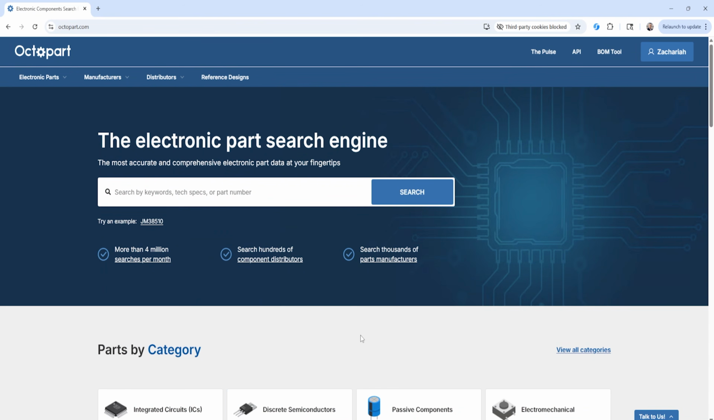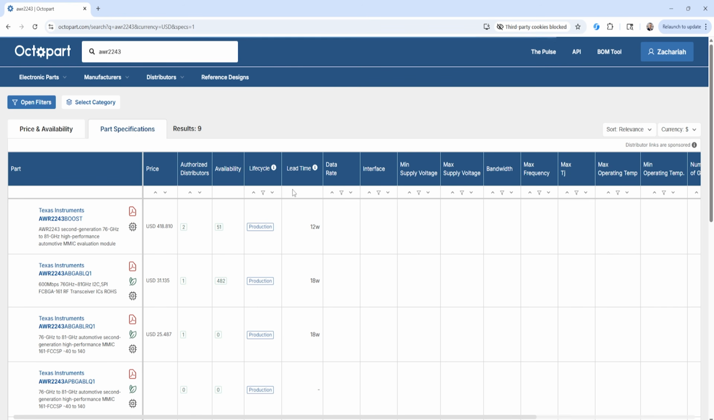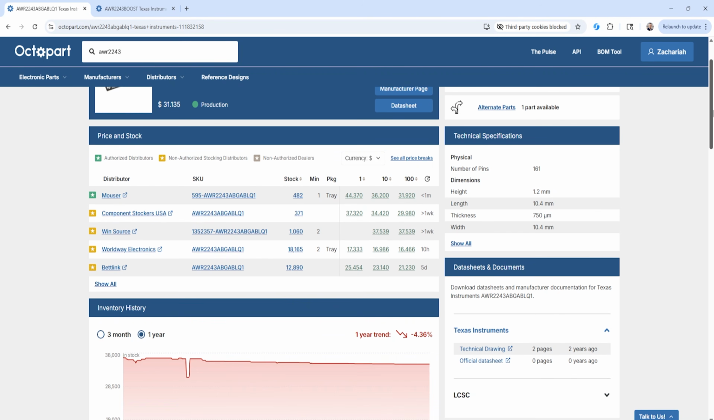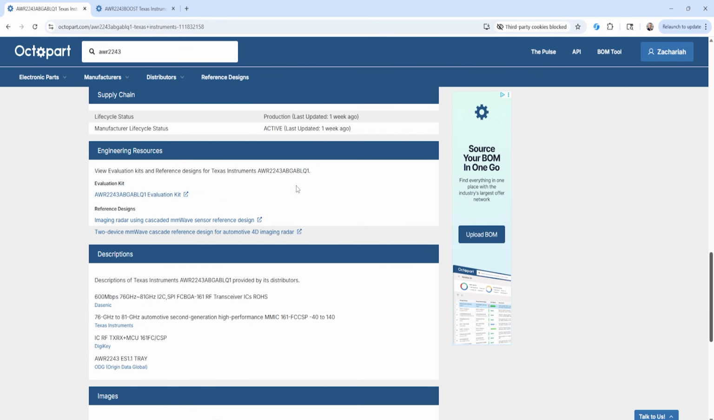Now, there is one thing I almost forgot, which is reference designs. So here's one example for a Texas Instruments component, AWR2243. And here you can see, of course, there is an evaluation board. And I really like Texas Instruments because they do make a lot of the design files for their evaluation boards publicly downloadable. But you can also go here and look through the list of resources in a search results